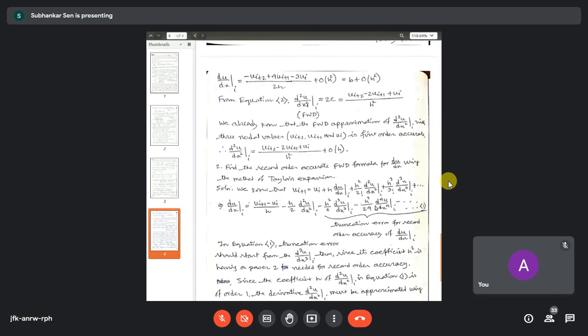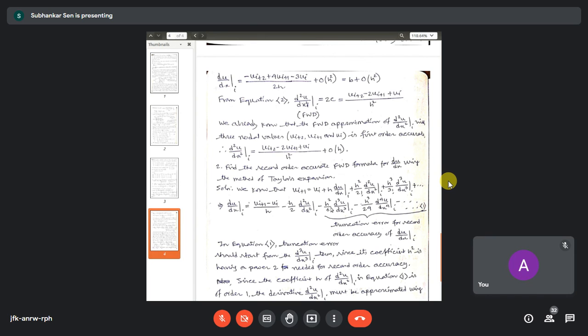This is the standard Taylor's expansion in one dimension. From here you find this du/dx formula. So du/dx at point i equals the forward difference expression plus the truncation error. In the truncation error, the leading term is d²u/dx², and the exponent of the coefficient gives you the order of accuracy of this expression. Now the question is to find a second order accurate formula, but if you take this term, you get a first order accurate formula.